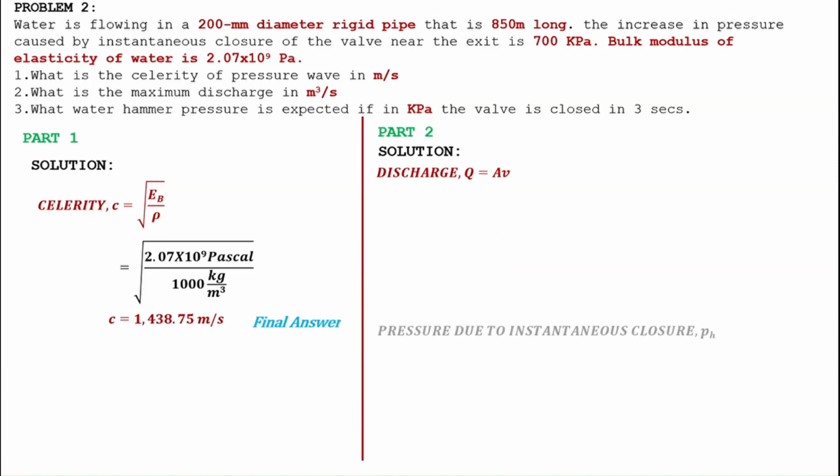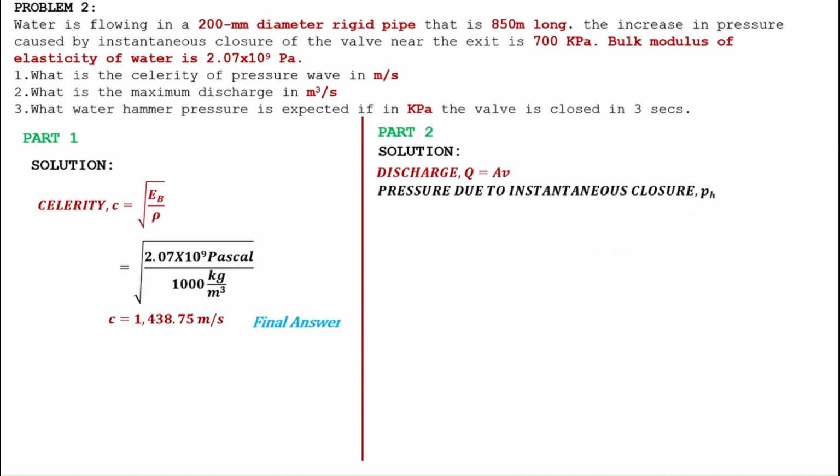We can solve for the area using the given dimension in our problem, but we need to identify first our velocity. From the given data above, pressure due to instantaneous closure is 700 kilopascal. Take note that for instantaneous closure, the formula for pressure due to instantaneous closure is equal to mass density times celerity times velocity. Using this formula,